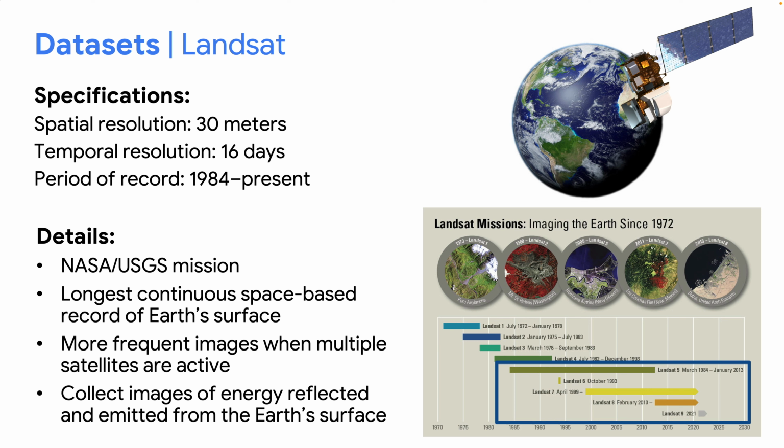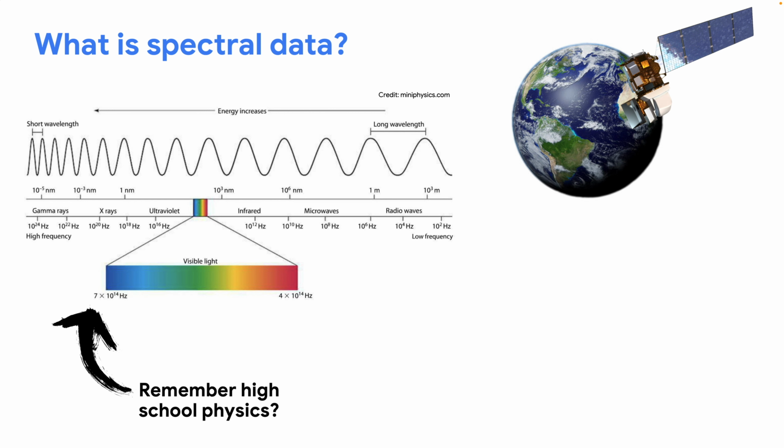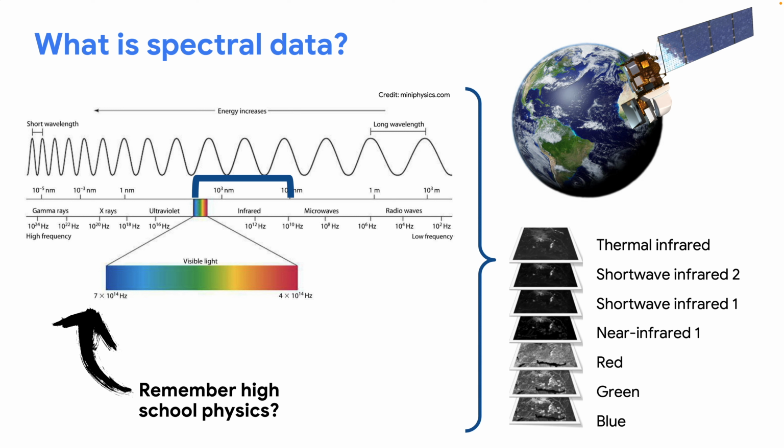Now, I used a term that might be new to you, referring to Landsat as multispectral. Landsat essentially collects measurements of the energy reflected or emitted from the Earth's surface. They are kind of super-powered images that collect measurements of the energy that we can't see, in addition to what we can see. Remember back to high school physics and learning about the electromagnetic spectrum? Well, as humans, we can only see visible light, but Landsat can measure other portions of the electromagnetic spectrum too,